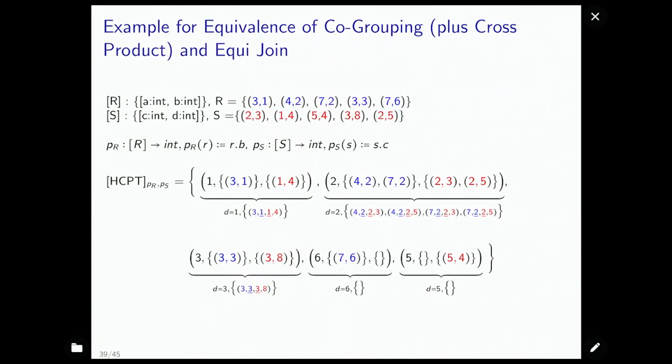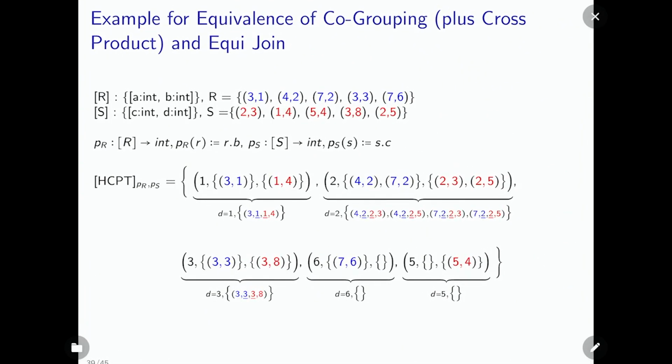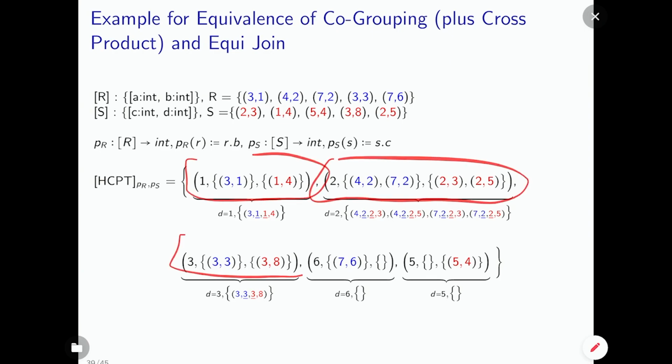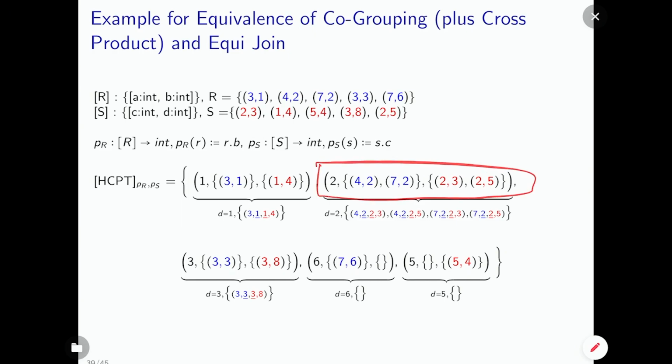And the interesting thing about that is you clearly see the relationship to joins. Again, I only show the example because now what you can do is, so this is the same result here as shown above. Yeah? This stuff is the same. Yeah? That's the result of the co-partitioning, not the stuff that's underneath. But now when you think about, okay, now assume I want to compute a join. Yeah? I don't want to do the co-partitioning. I don't want to have this stuff here. I have a join condition actually